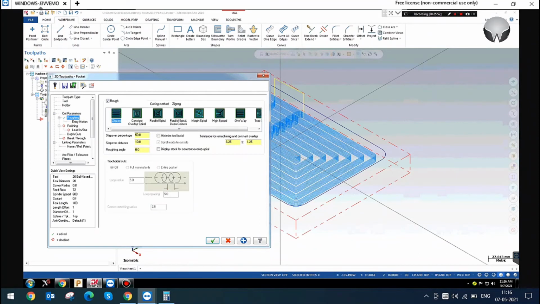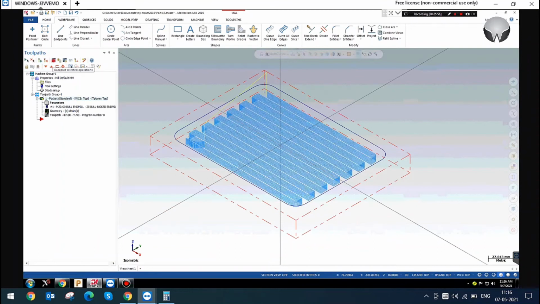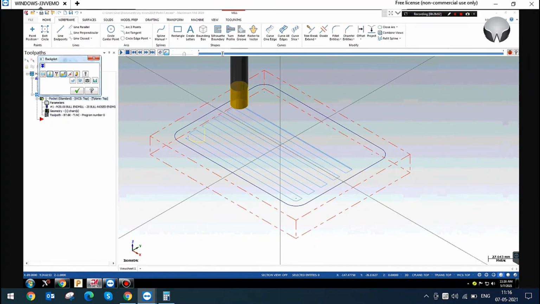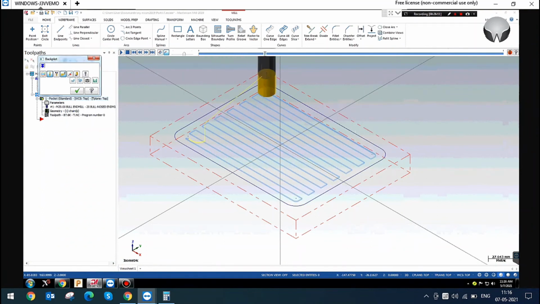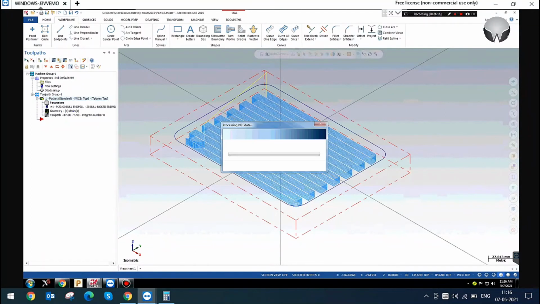Next, I will explain this roughing. So with the zigzag method, what will happen? Only the zigzag motion is enabled. This is a zigzag motion. In this case, you need to give a finish pass at every depth of cut because there is left material here.